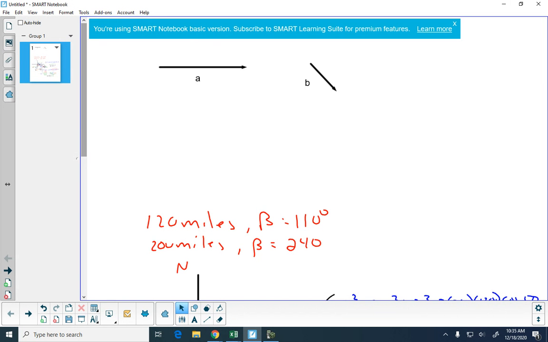The first one says draw A plus B. Now, when doing this, you want to try to maintain the length of the vector. So whatever the length is, you want to try to maintain that length and also the direction of that vector. What I typically will do when I'm trying to maintain these lengths and directions,